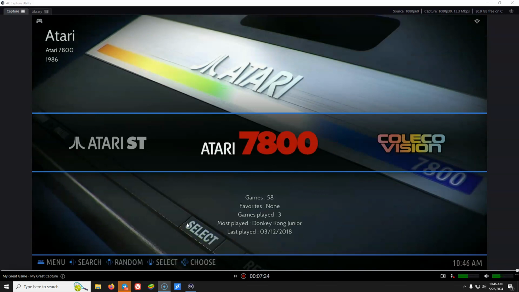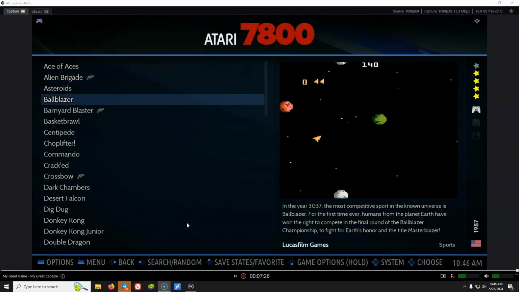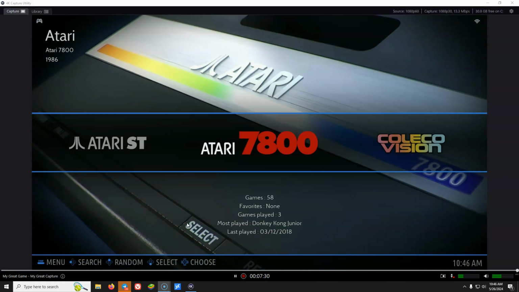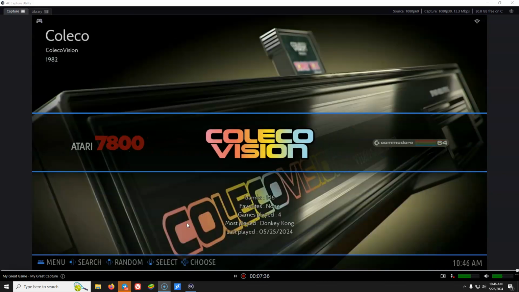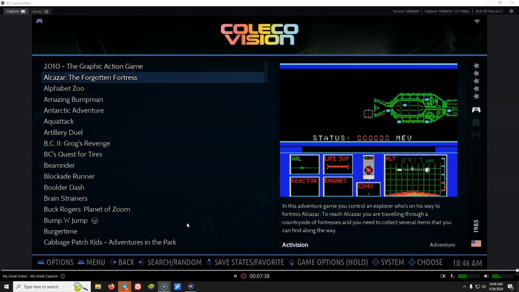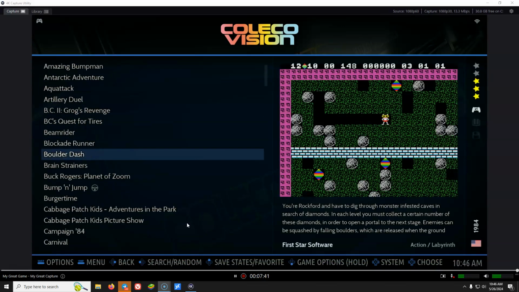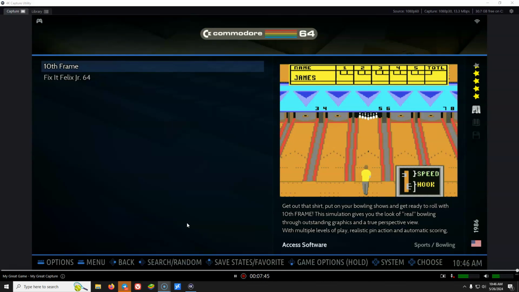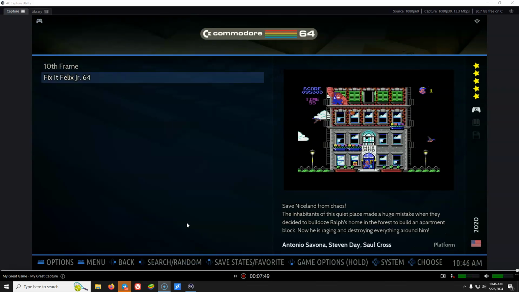Atari 7800, we have 58 games. Again, this was Atari's third console release. Didn't do very well because at that time we were running into issues with chips. ColecoVision, 146 games, so you got a lot of ColecoVision in here. This is another classic system. Commodore 64, you only got 2. This is because I was just testing if Commodore would work, and I got it working, so just stuck it